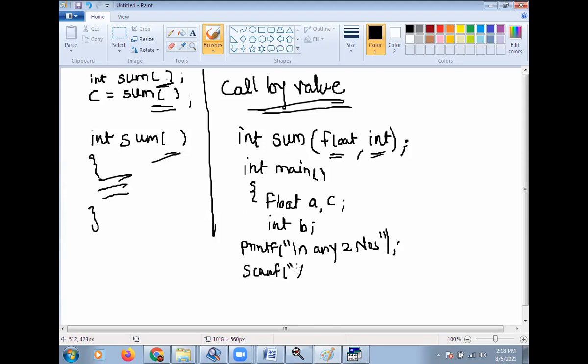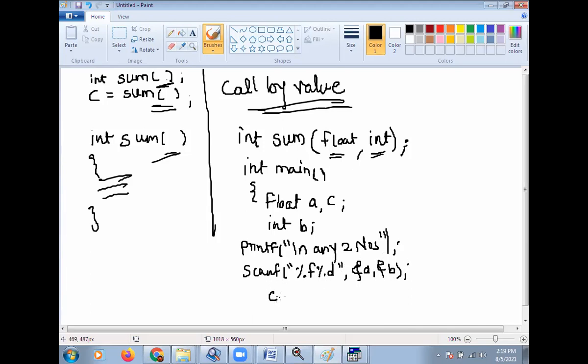Here first I want to take a float, so %f, then %d. Then for float the variable is A, and B for integer.